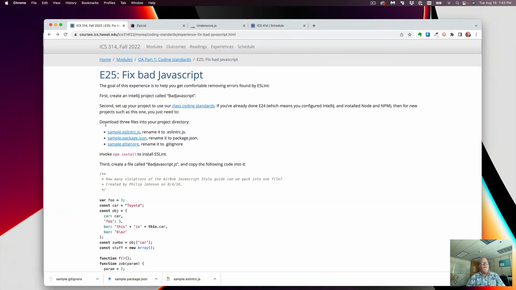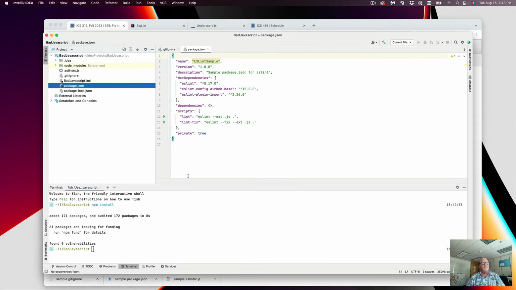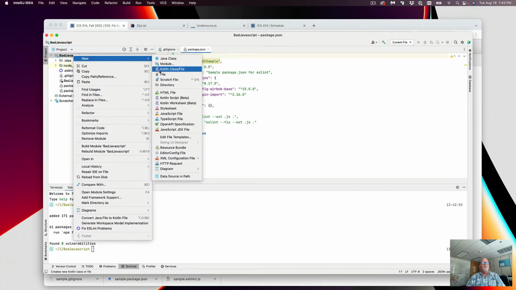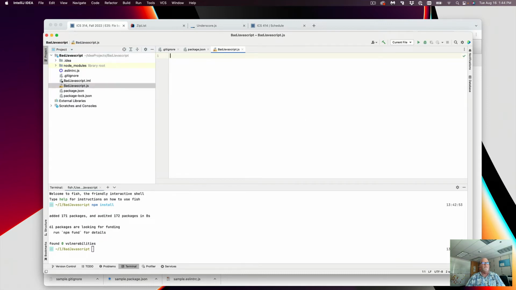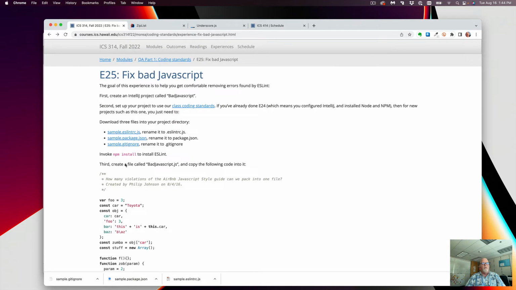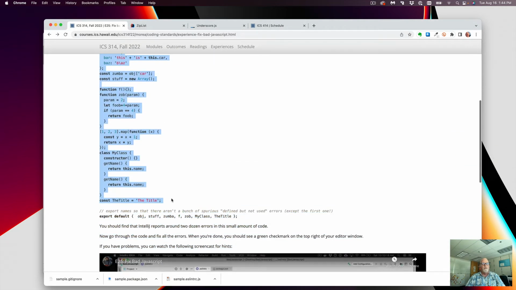So now let's create a bad javascript.js. So we can do new, we can do file, we can do JavaScript, add JavaScript. I can type .js, but since it's a JavaScript file, it'll automatically give me the extension for me. I then want to copy the contents, copy that,